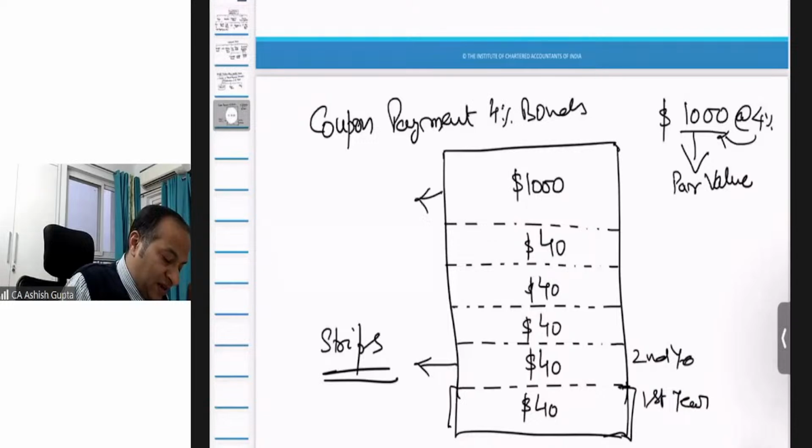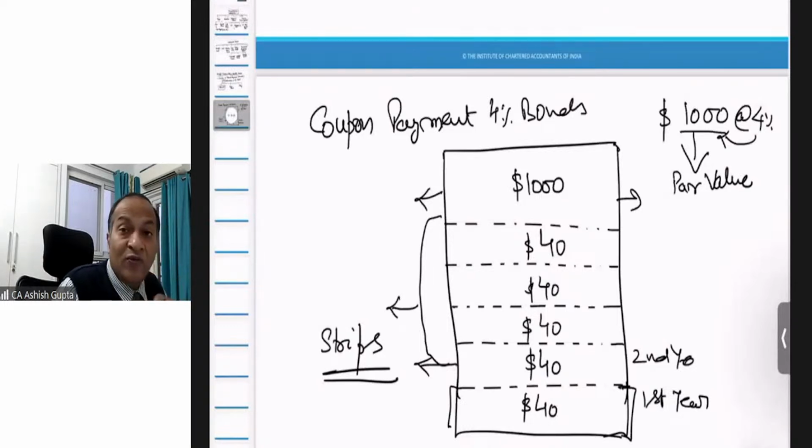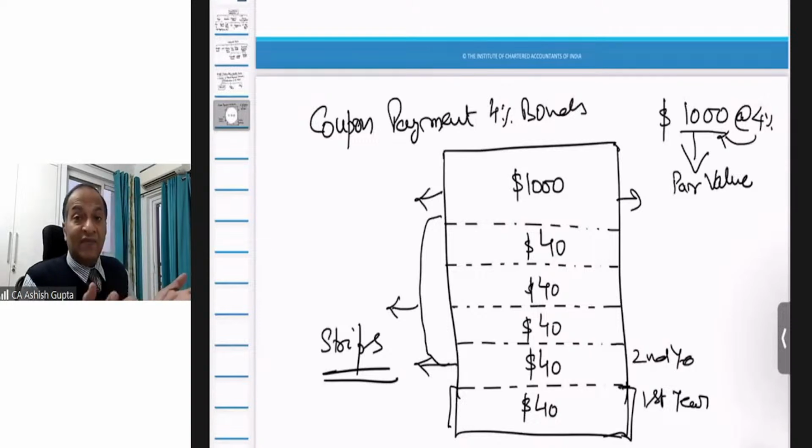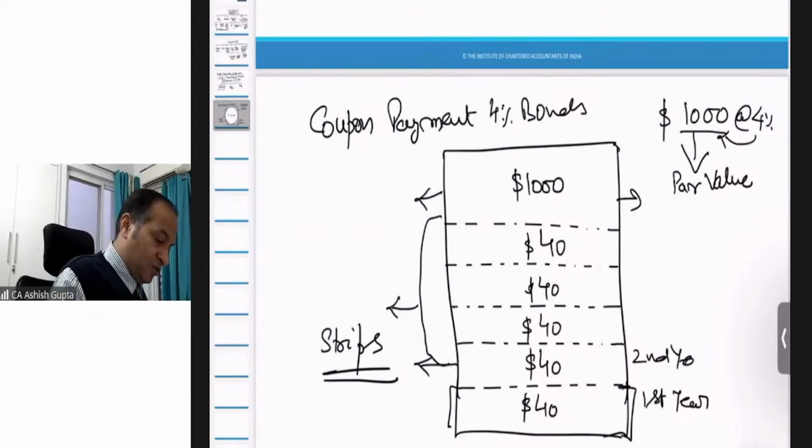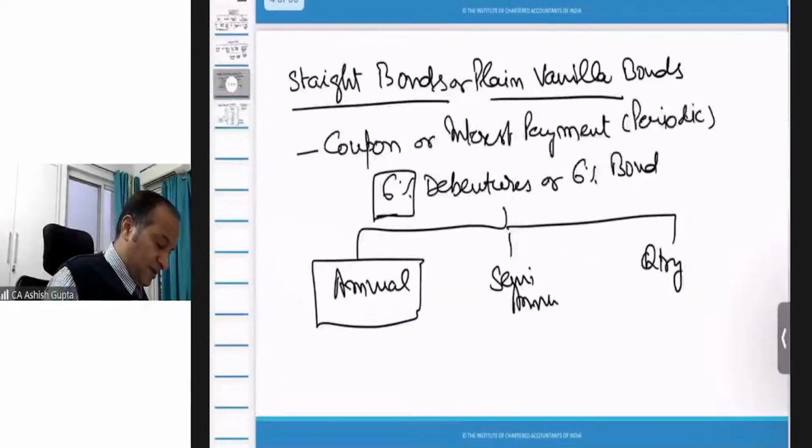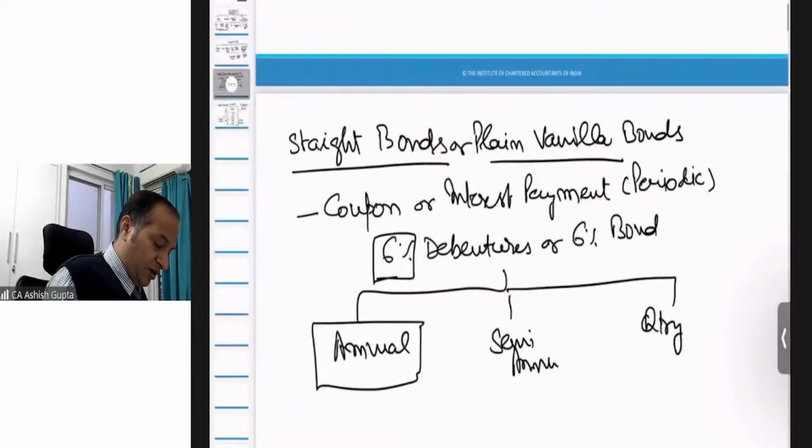Similarly, this also can be sold, because after, say, a period of 5 years, this money will be returned. So this also becomes part of a strip. So you can see a part of a bond can be sold individually. That is called a strip. Okay, student. I hope you have understood why we call this a coupon. Now next,